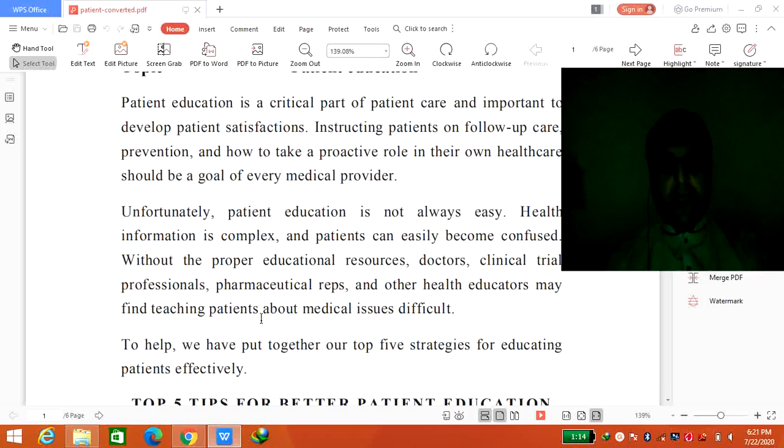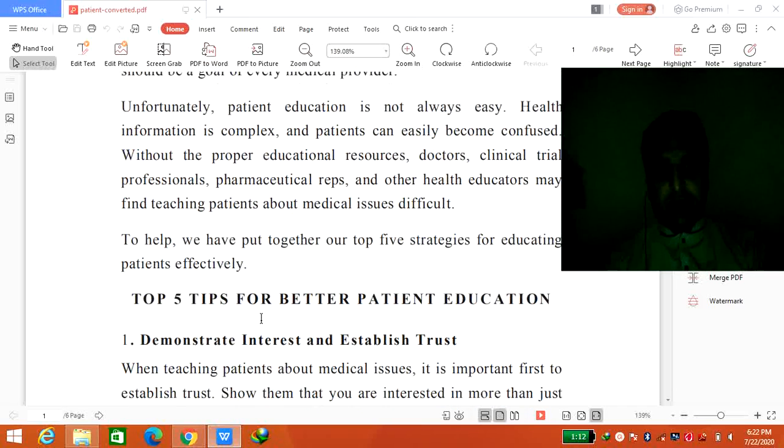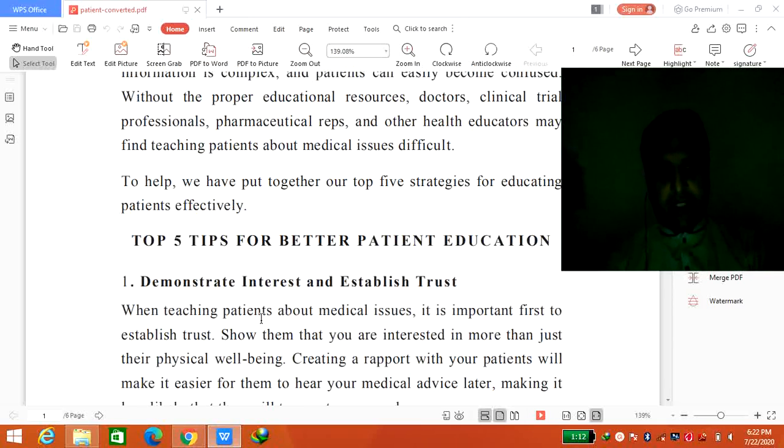But anyhow, the main objective is to properly educate the patient regarding all aspects the patient has: the disease condition, the treatment protocol, the investigations, and what the coming strategies regarding the condition should be. That will be very helpful, and the main objective is to develop patient satisfaction. So of course we have the top 5 tips for better patient education, and those tips are: